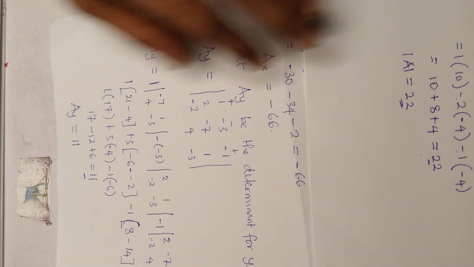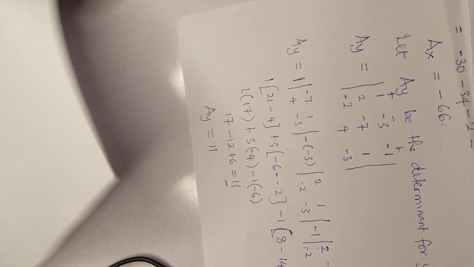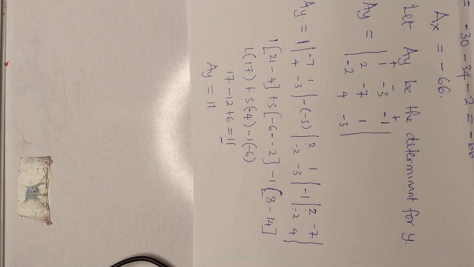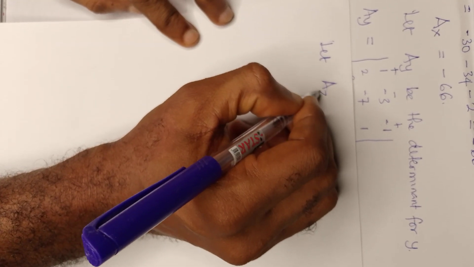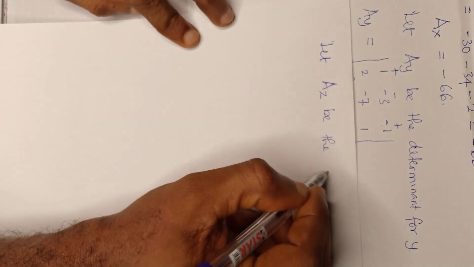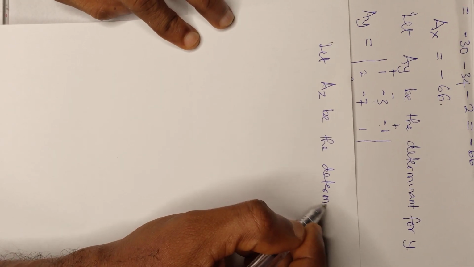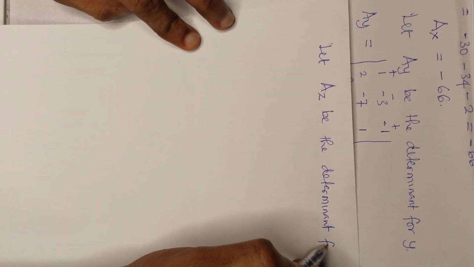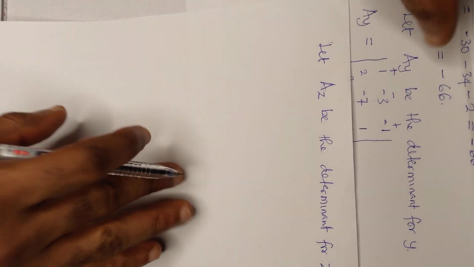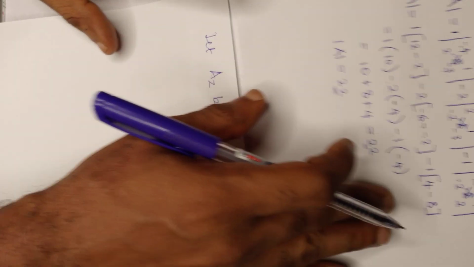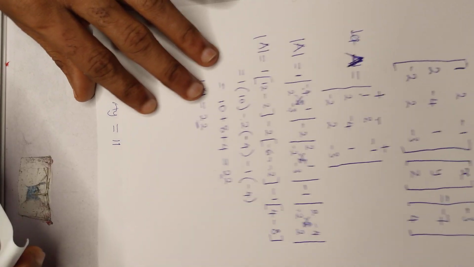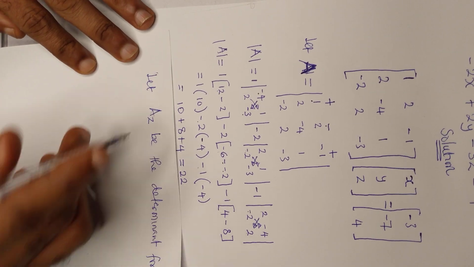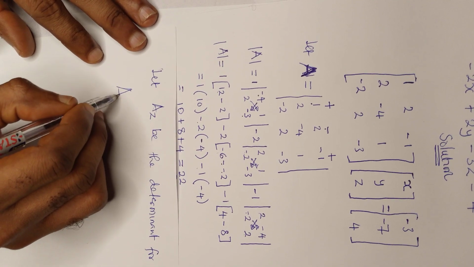In finding the determinant for z, we say let AZ be the determinant for Z. And so like I said earlier, our AZ is going to be, okay, so to find our AZ now, the determinant for Z,